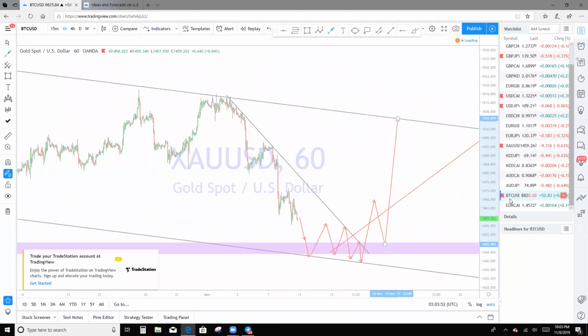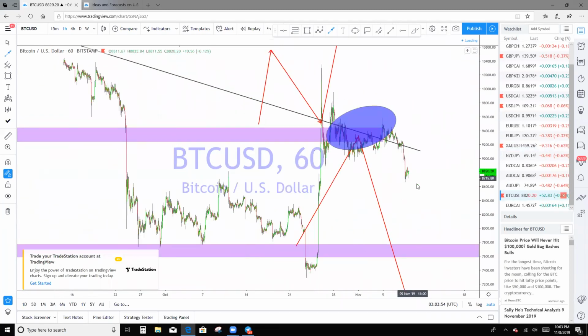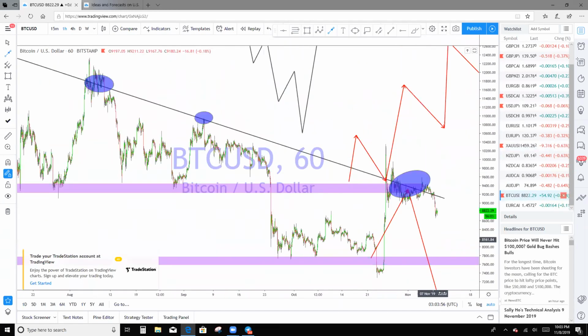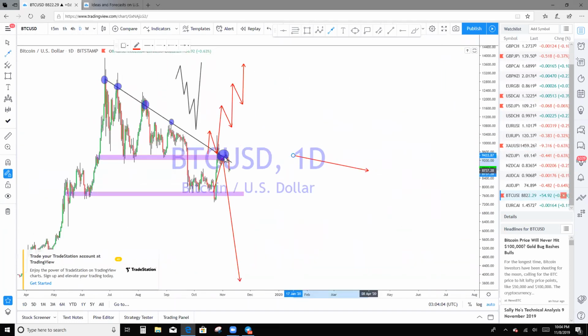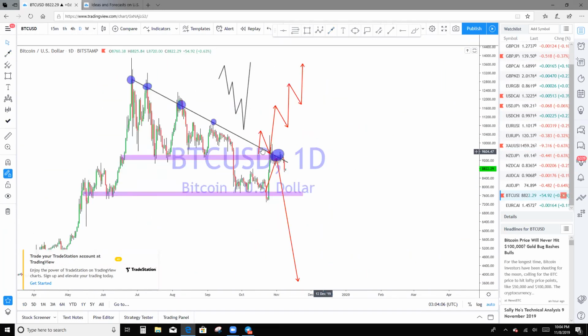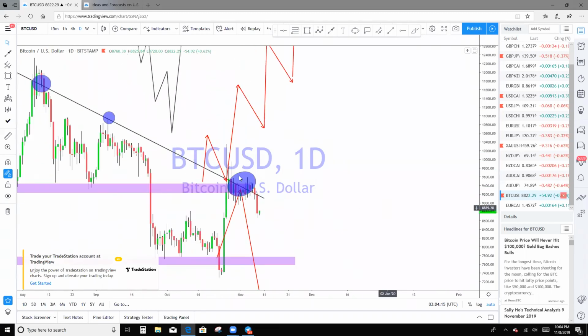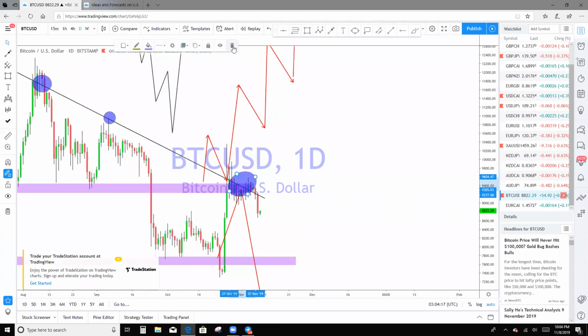Bitcoin, moved a bit. Bitcoin still short. Same bias. Short it. Big old move coming off a daily, this big old daily range here. And see, I was looking for this. If this broke here, came back, retested, I was going to buy it up, but it didn't. So as of right now, Bitcoin still short, and plus you have a nice mirror image in here, a nice M formation